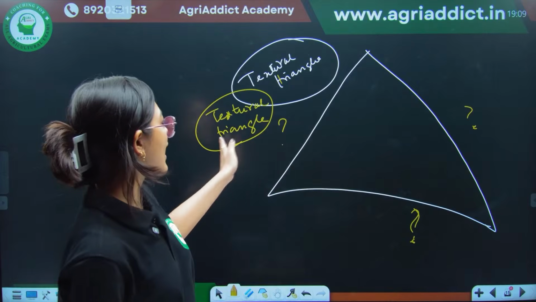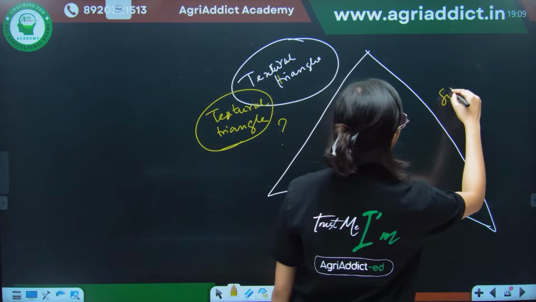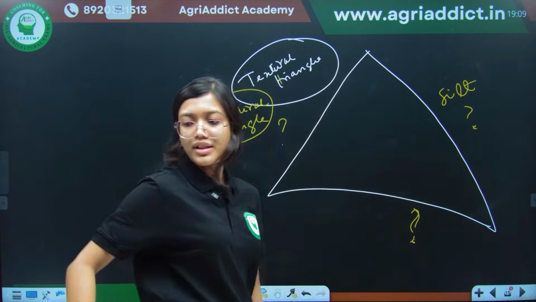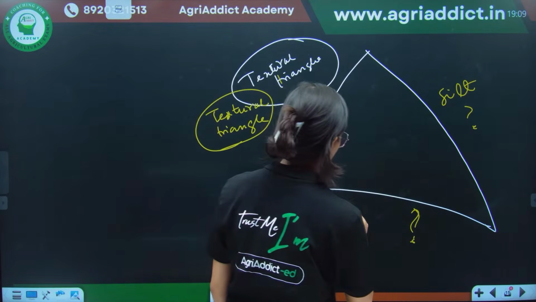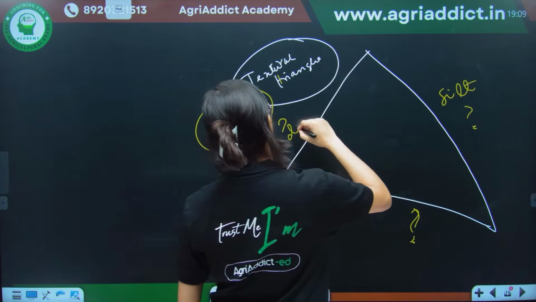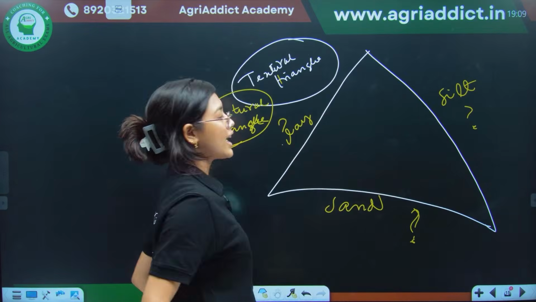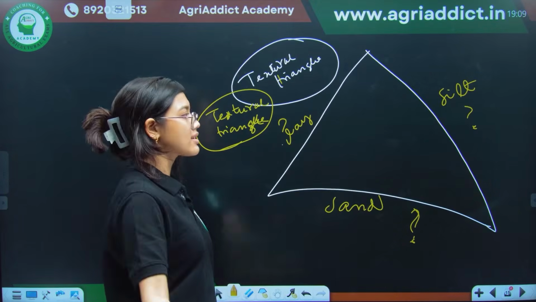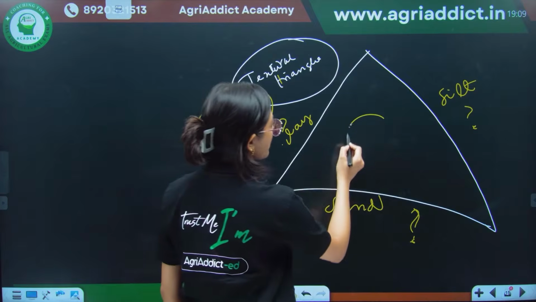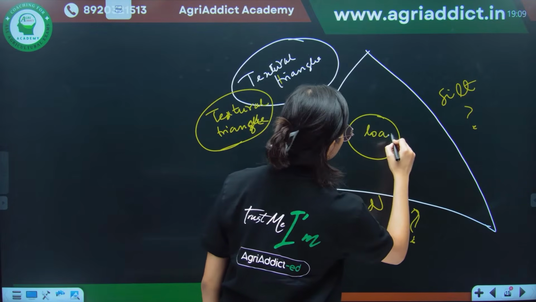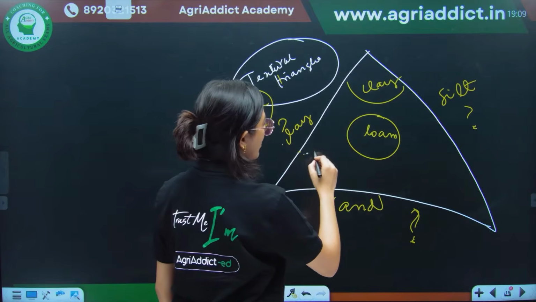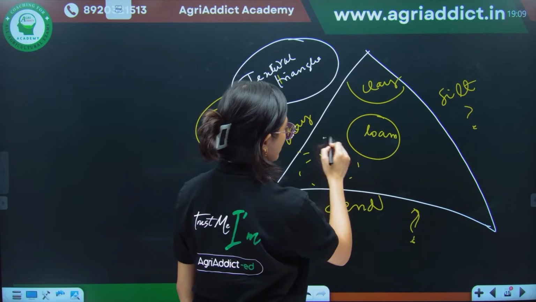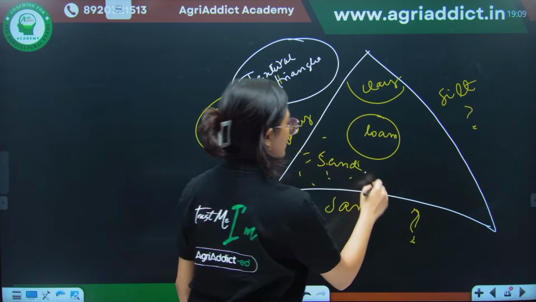Okay, so on the right side, in this side, we will have silt. Fine. Then where is clay present? On the lower side, it is sand. Very good. And here we will have the clay. Okay. And because the loam has more or less similar properties, here will be your loam. And on the top, we will have clay, and all these different fractions we will have sand.